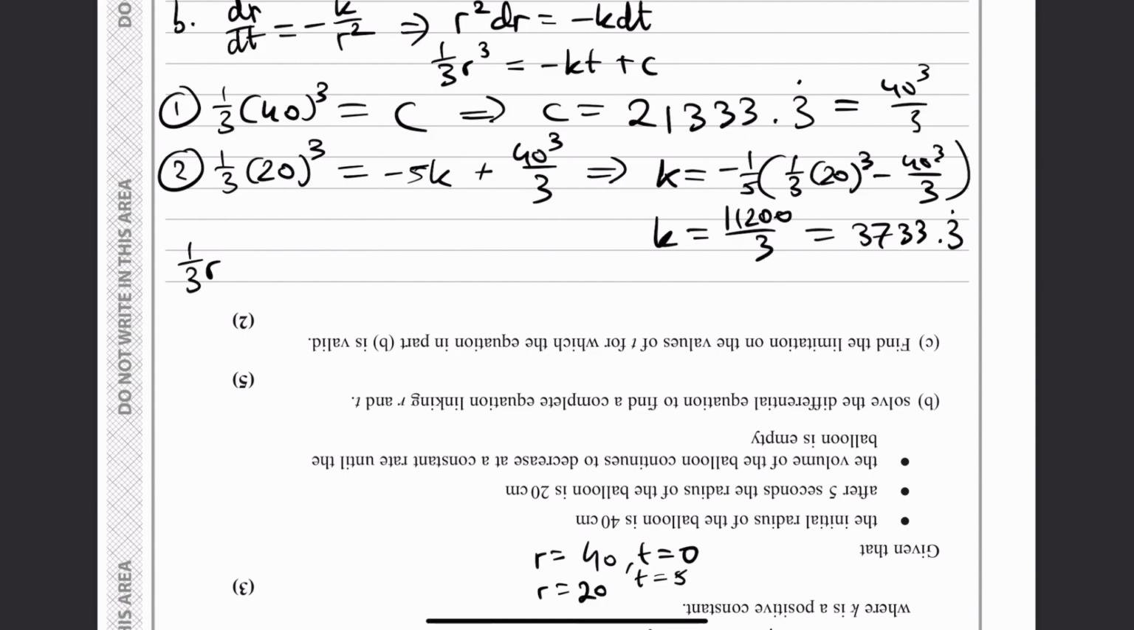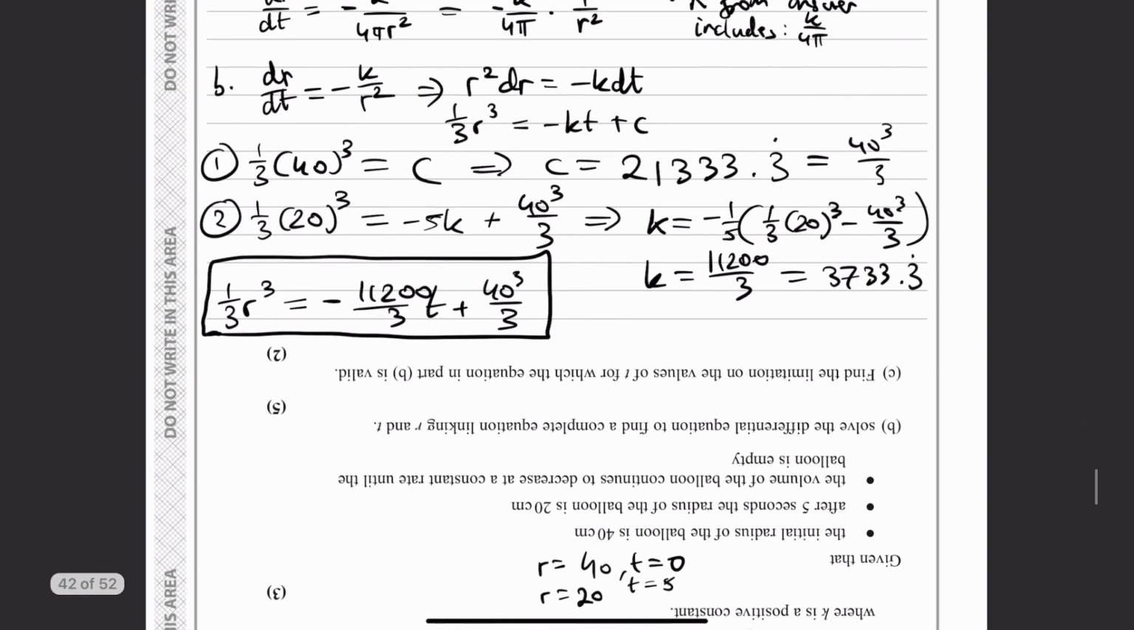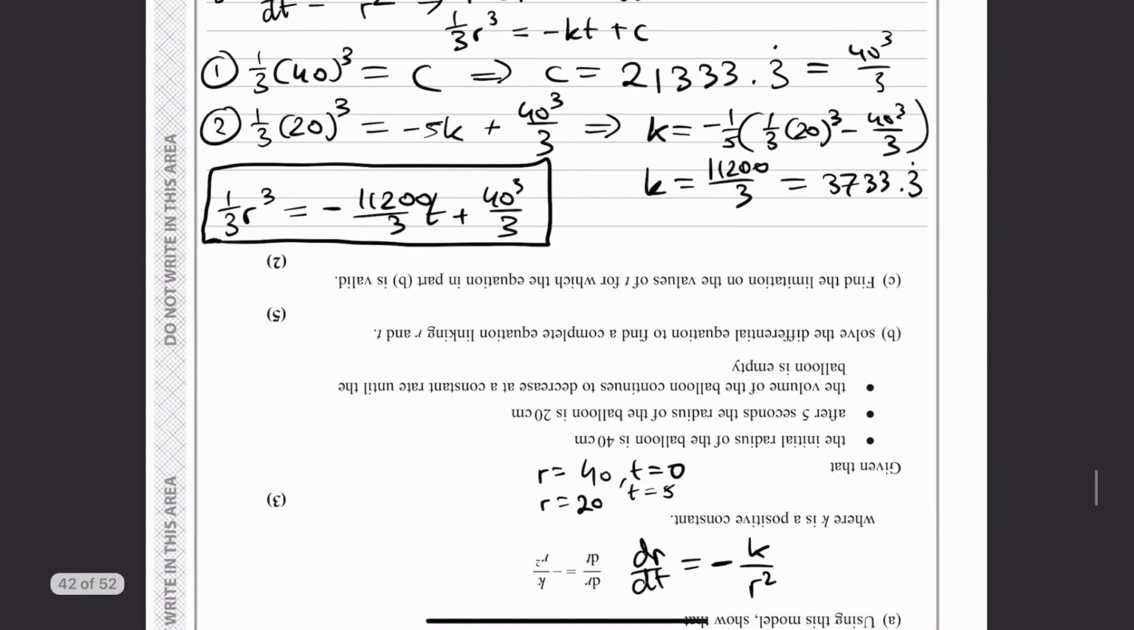So you get 1/3 r cubed is equal to negative, I'm just going to leave it in fraction form, t plus 40 cubed over 3. That is your equation. And finally, find the